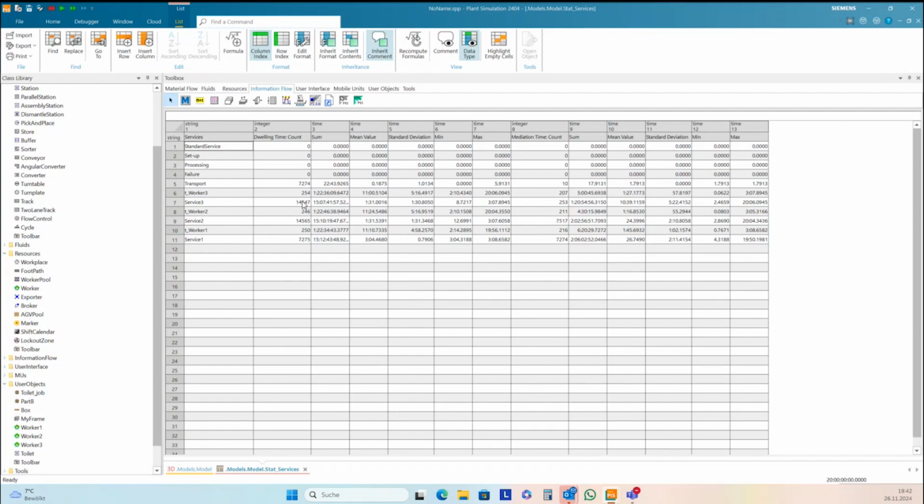And we see now there's somewhere transport. I guess I have missed the change on worker 3 on the transport importer.